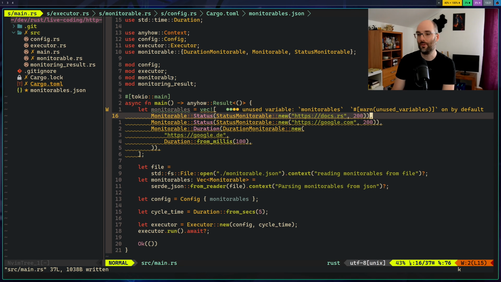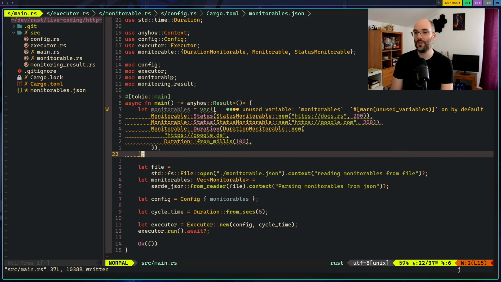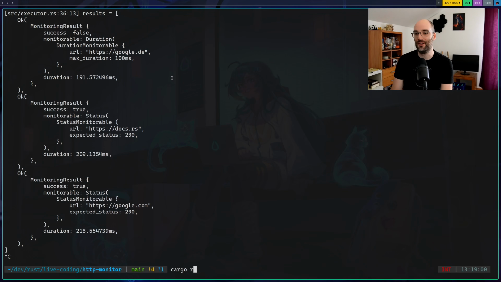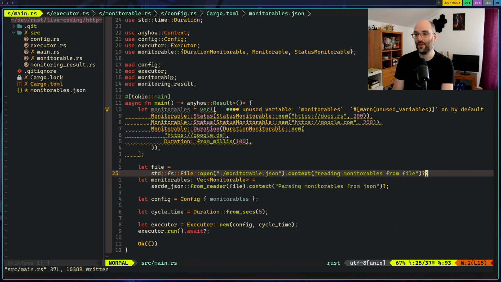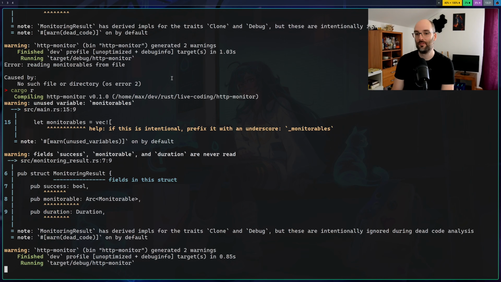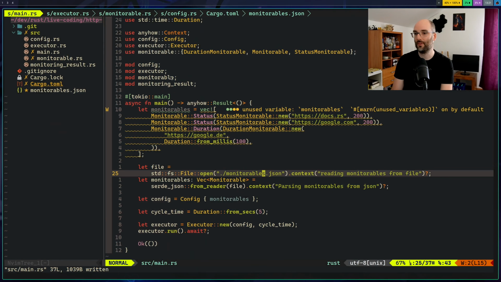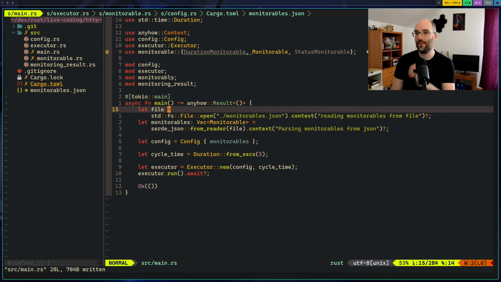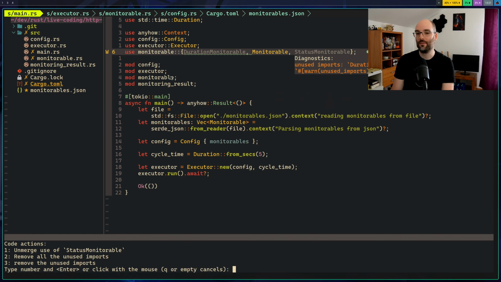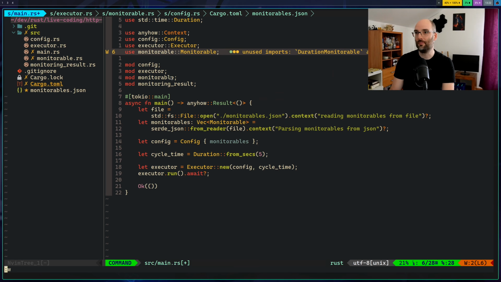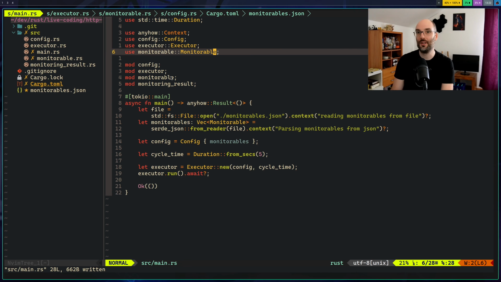We don't need this anymore. Well, let's just check whether it actually works before we delete it. No such file or directory. Too bad. We're missing the S. And we're cruising. Nice. So let's get rid of this one. Let's get rid of all the unused imports. Let's just clean up the project a bit now.